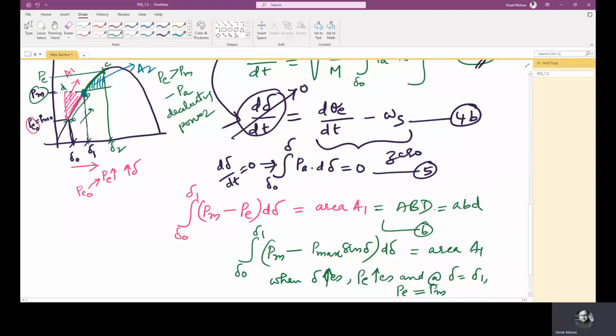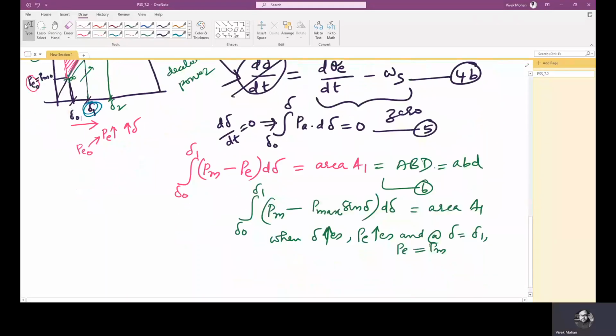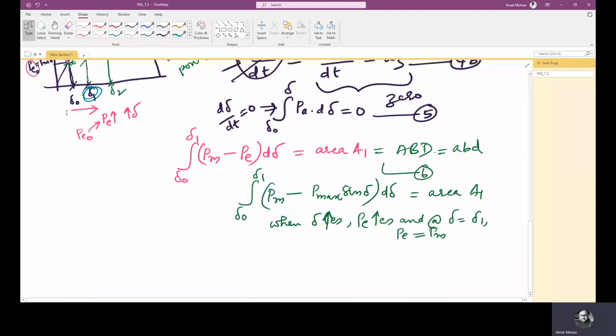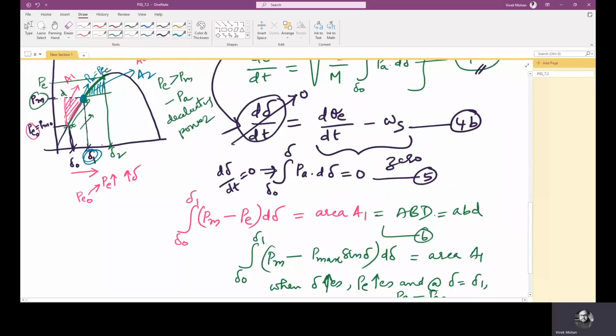So finally it settles at this point where the new PM equals PE, corresponding to del 1. Okay, now let us see how it can be represented mathematically. Because of inertia of the rotor, del increases beyond the point del 1 at a speed above synchronous speed because it is accelerating. Then correspondingly electrical power also increases beyond the new PM, which is this one,